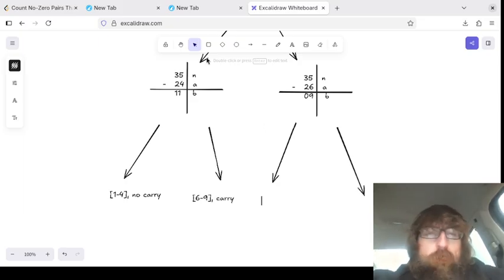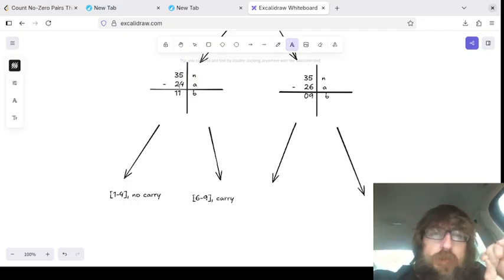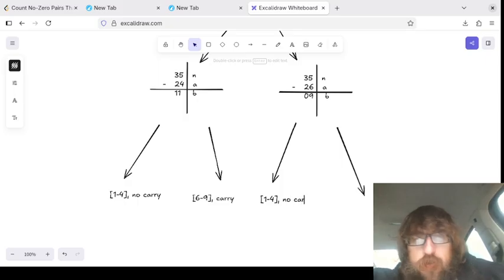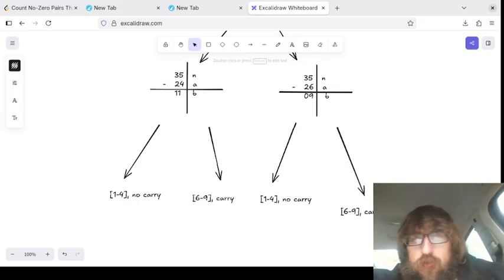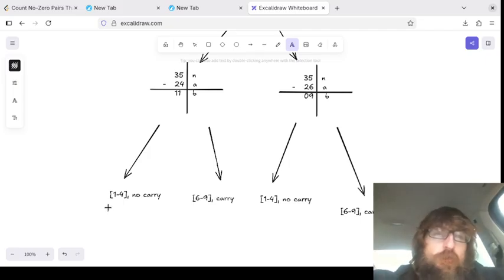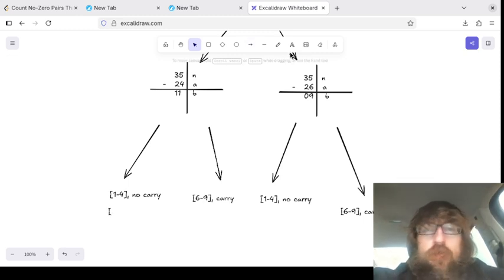So there's actually two elements. For the next digit that I consider, I've got this 1 through 4 that there's no carry, and a 6 through 9 that there is a carry. And the same thing on the other side. 1 through 4, no carry. And 6 through 9, carry. Okay, however, what's different is now there's also, well, actually, I should really add another,